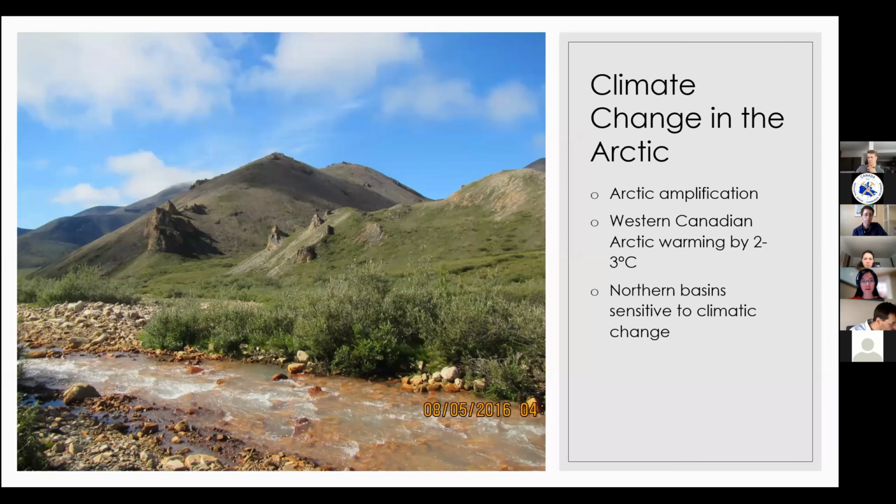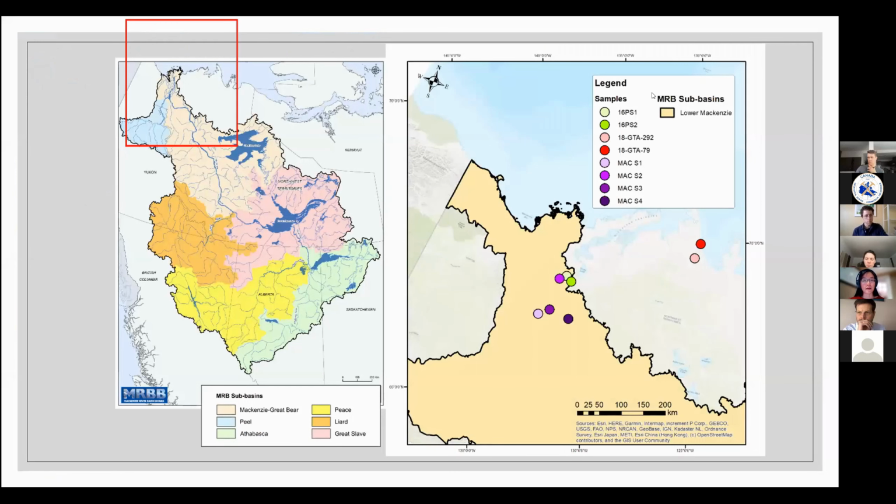So when we're looking at the Mackenzie River Basin, it's located in the west of Canada, spanning the Yukon, Northwest Territories, British Columbia, Alberta, and Saskatchewan. Specifically, we're looking at the northernmost area where it outputs into the Arctic Ocean. So the map right here shows all the peat cores that were collected. The ones that are purple are the main cores that we are studying, whereas the green and the red ones are ones that were collected